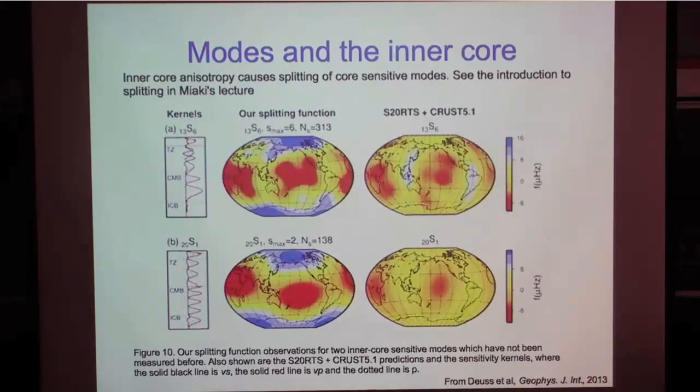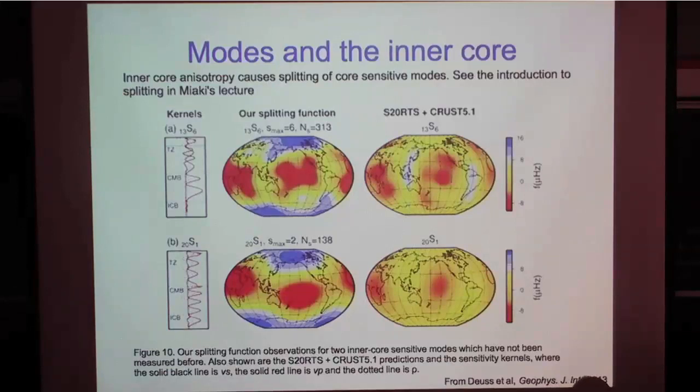The place that one could sustain lateral structure would be in the tangent cylinder of the inner core. So if people haven't heard of that, imagine a tube that contains the inner core with the radius of the inner core that's aligned north-south. If one wanted to do such a thing, that would be the way that one could put structure in the outer core. And there was a nice paper in 1992 that suggested that, because they looked at pictures